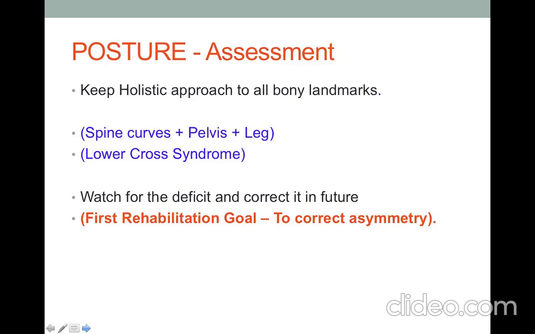Your major focus would be on the spinal curves to see whether all the spinal curves are proper, like if there is any kind of scoliosis or kyphosis, note that. Check your pelvis examination like PSIS and ASIS if they have any kind of pelvic asymmetry. Always check the lower leg, whether it has genu valgum, anti-rotations, or they have flat feet, and focus more